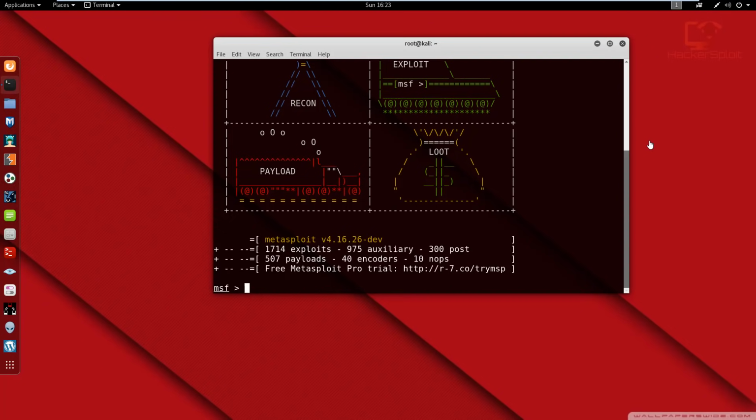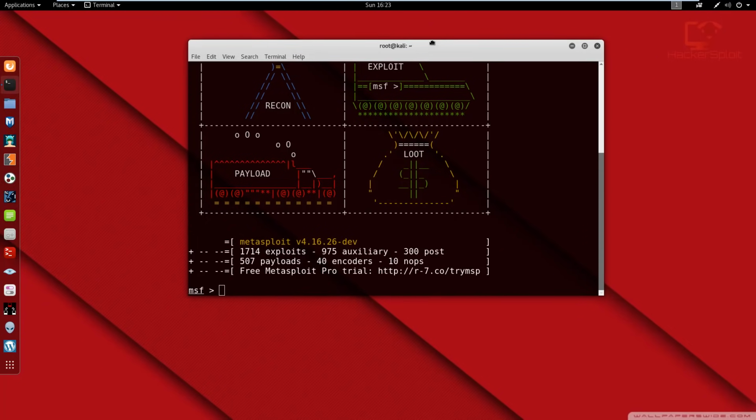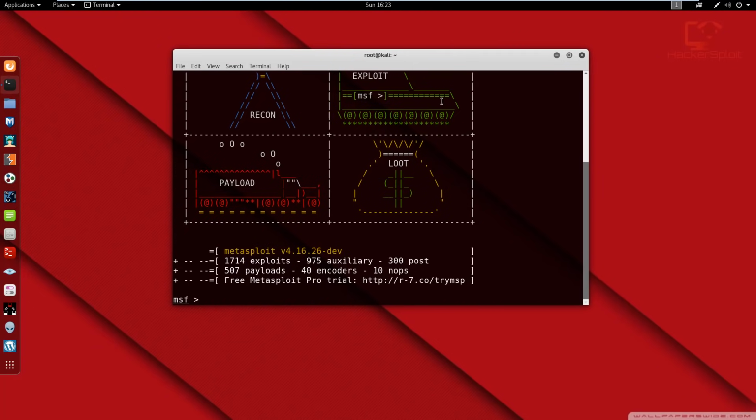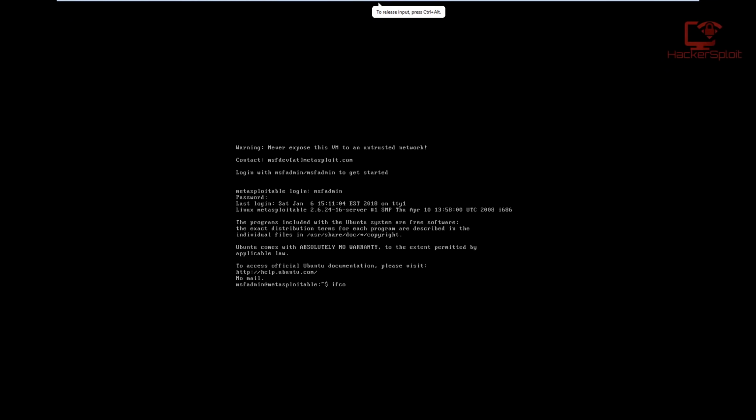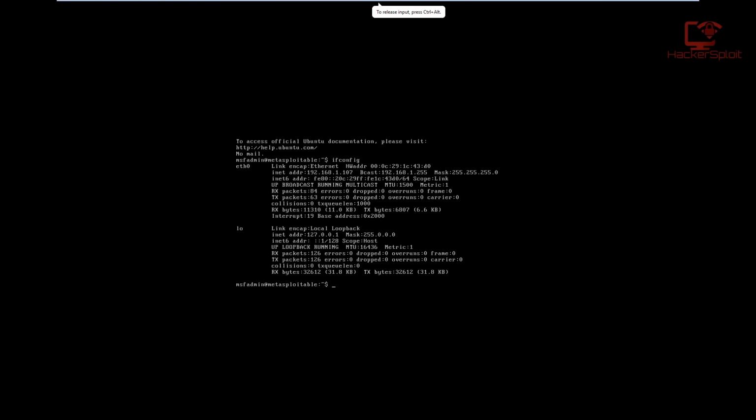Alright, so I already have my Metasploit MSF console open here, and it's really very simple. If I wanted to perform an Nmap scan, let's say we already have a target, and again, I'm going to use the Metasploitable 2 IP address here. So let me just get that up. Again, it is bridged to my adapter. So there we are,